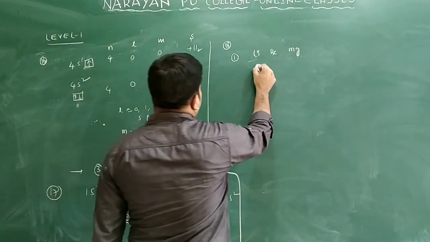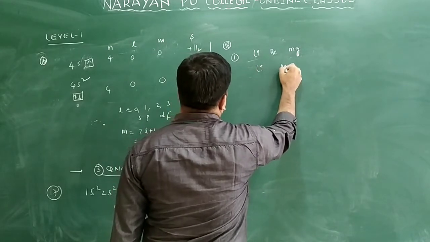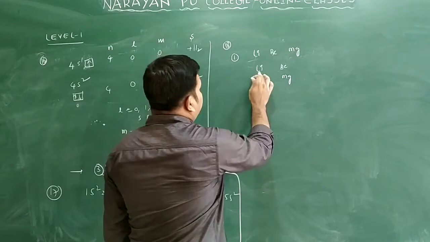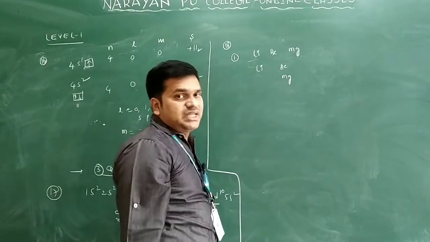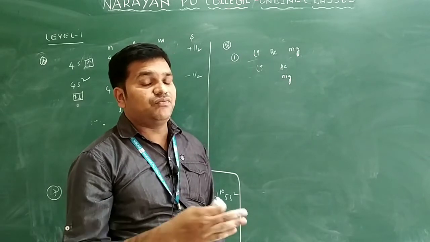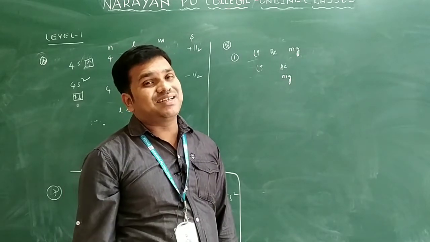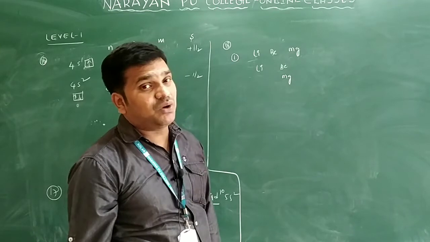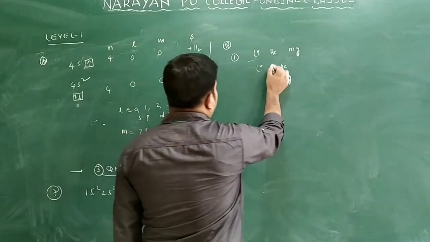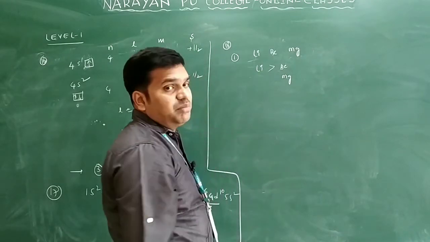Generally, lithium and beryllium belong to the same period, and beryllium and magnesium belong to the same group. If you compare lithium and beryllium, which one has more size? Generally from left to right, atomic radius decreases. Going from top to bottom in a group, atomic radius increases. From this I will write lithium greater than beryllium only.